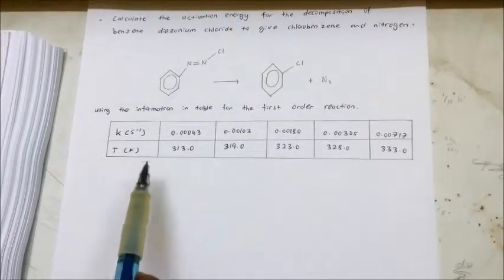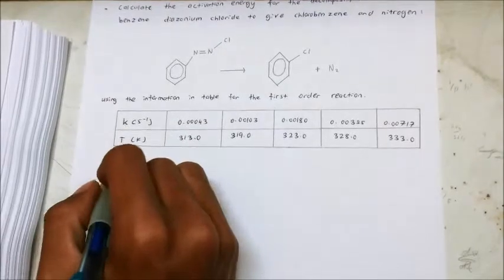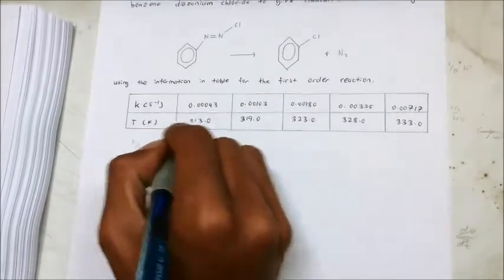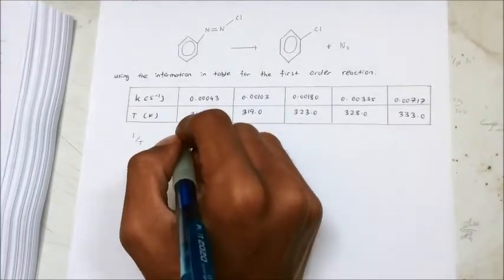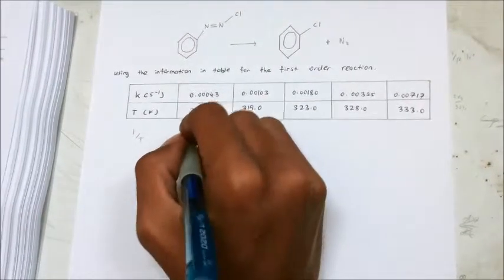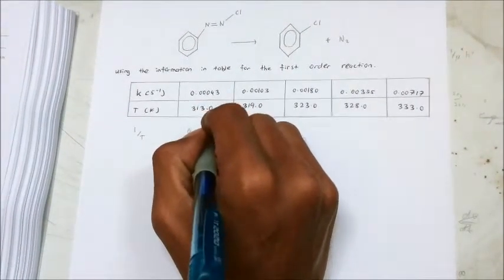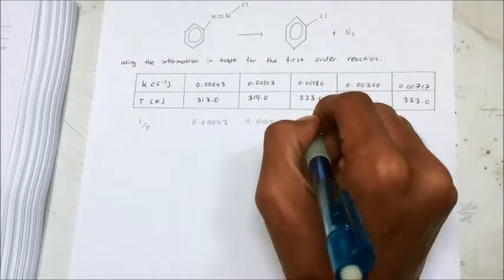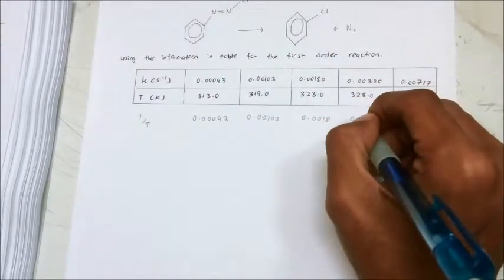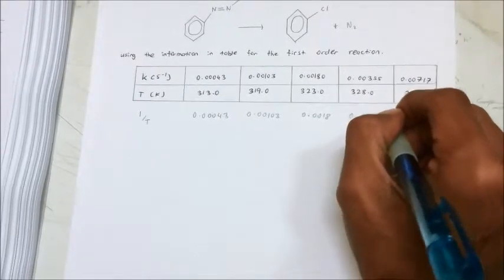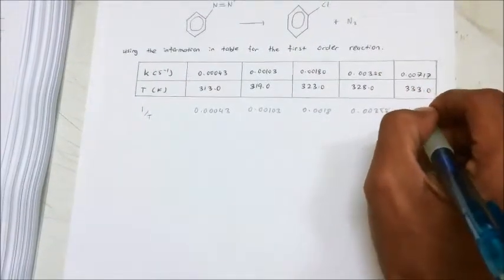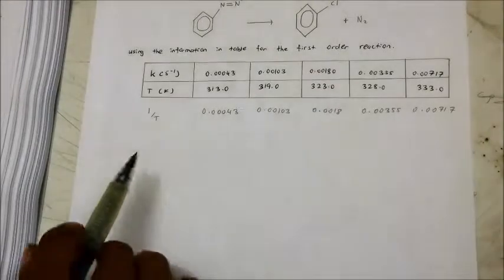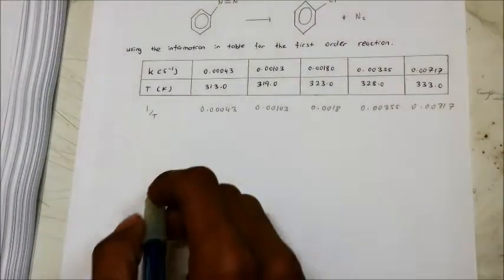Firstly, when you get this table, you have to make the third row of 1 over T, and then you get the values of 0.00043, 0.00103, 0.0018, 0.00355, and 0.00717. After you get these 1 over T values, you need to plot a graph of